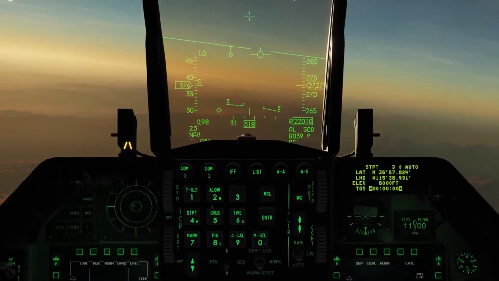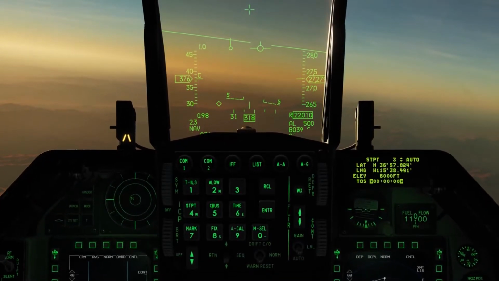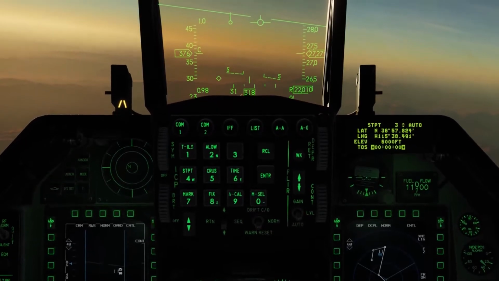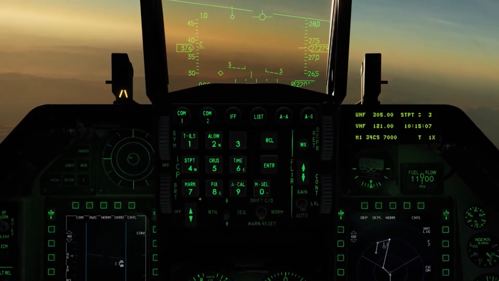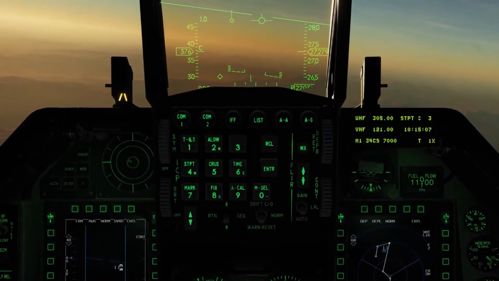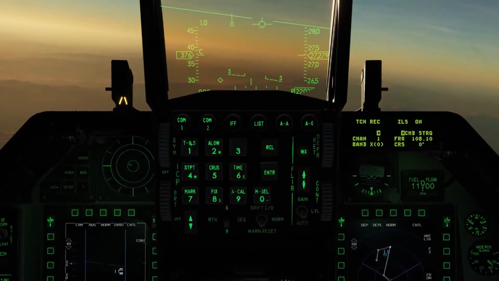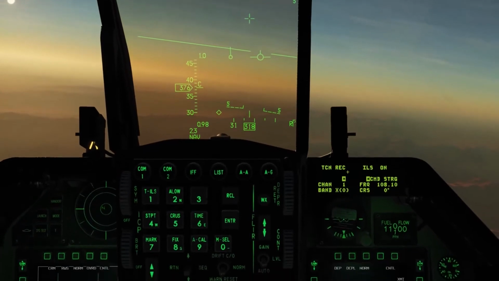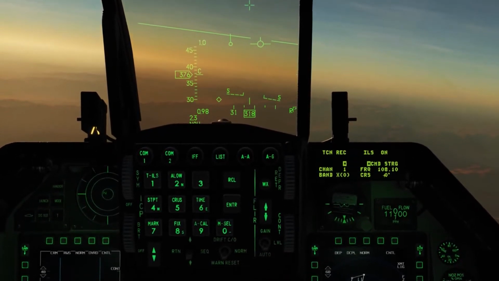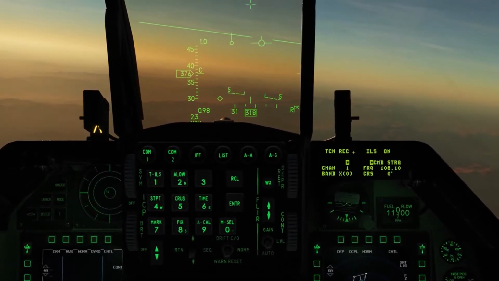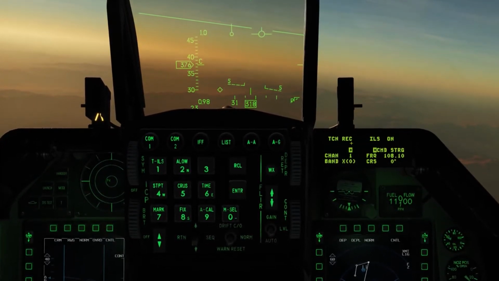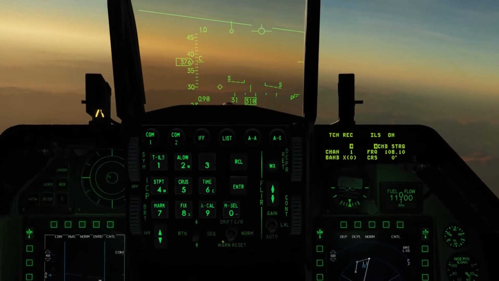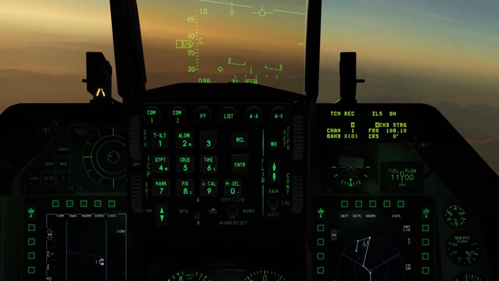So that's a little look at steer points. Let's take a look at the TACAN now. So for the TACAN, we're going to dauber left, and now go to TILS on the ICP. So right now on the DED, we have ILS settings on the right side and TACAN settings on the left side. Right now our TACAN is set for receive only mode, REC, but going dauber right,